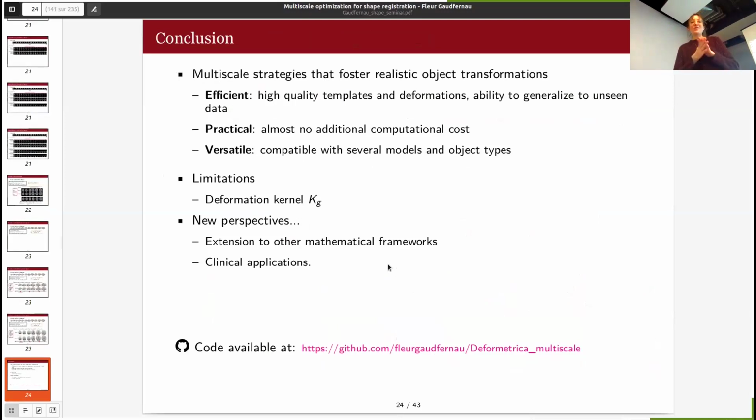And so to conclude with this presentation, here I presented several multiscale strategies whose goal is to foster realistic object transformations. So these strategies are efficient in the sense that they provide high quality templates and deformations and have an ability to generalize to unseen data. They are also practical in the sense that they add almost no additional computational cost, and they are versatile in the sense that they are compatible with several models and different types of objects. So as I said, there still is a strong limitation of choosing the deformation kernel. And finally,